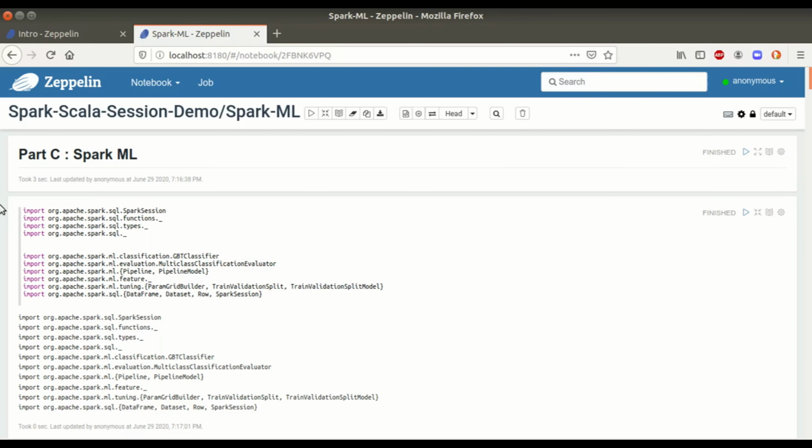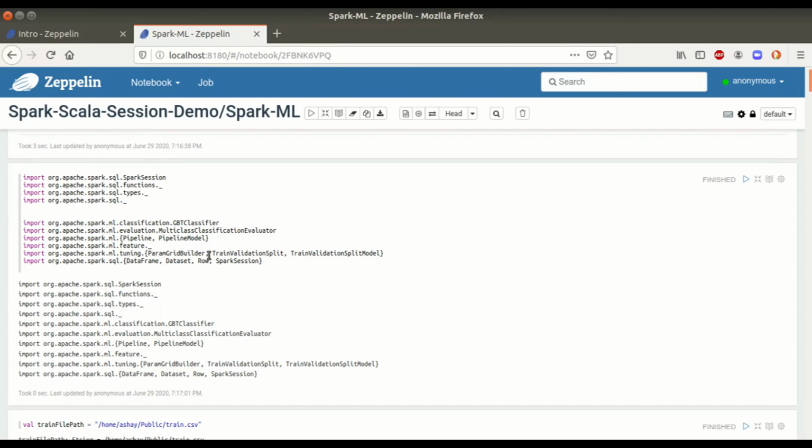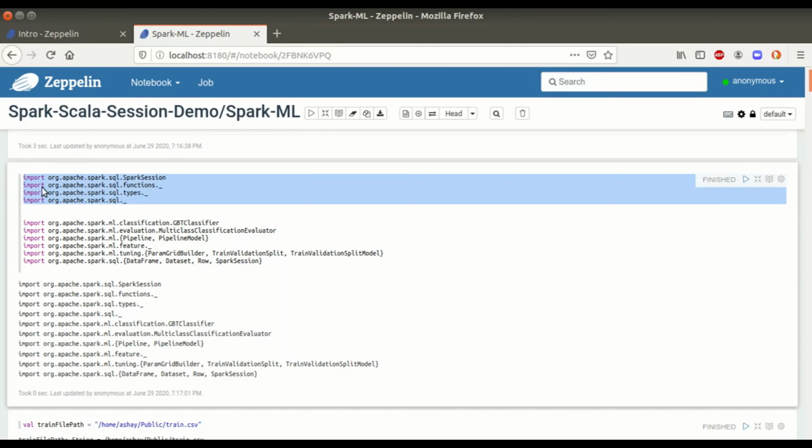So let's start. In this particular shell, I have imported some Spark libraries. These particular packages come from Spark SQL, and they contain helper functions to pre-process data very quickly.